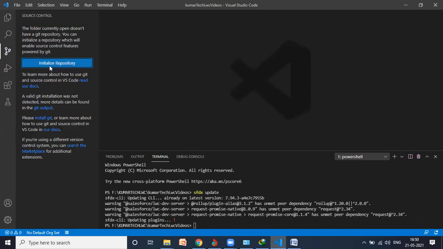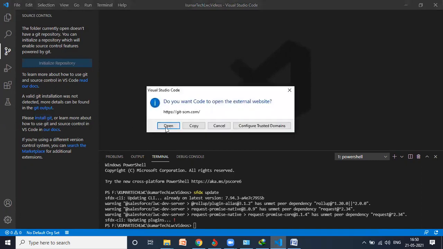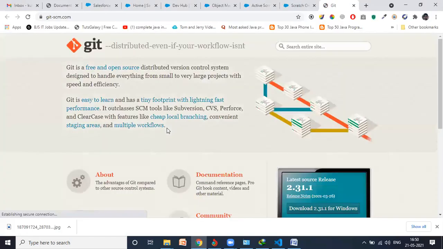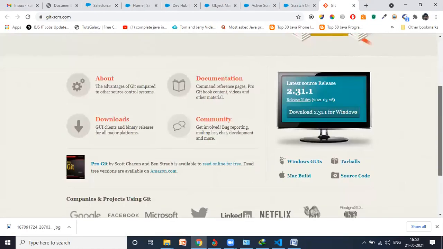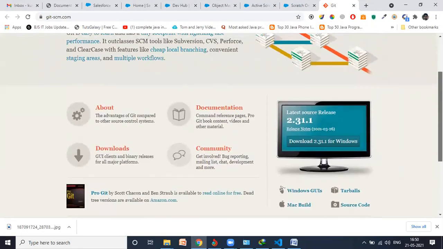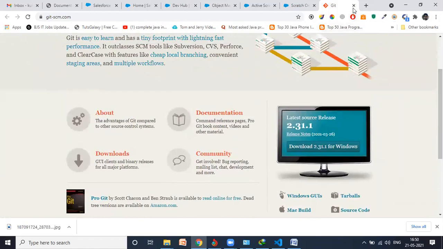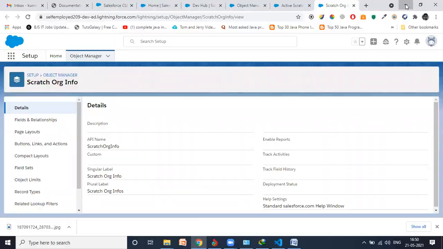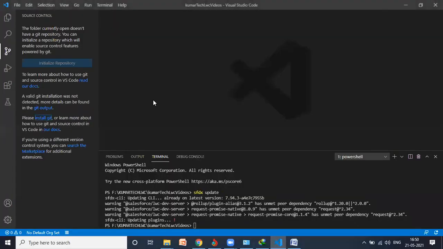Okay, it says please install Git. Fine, I need to install this first. It will be a little time consuming, no issues. I will show you in my upcoming classes how we can sync it. Meanwhile, for the time being, I will continue with my code.